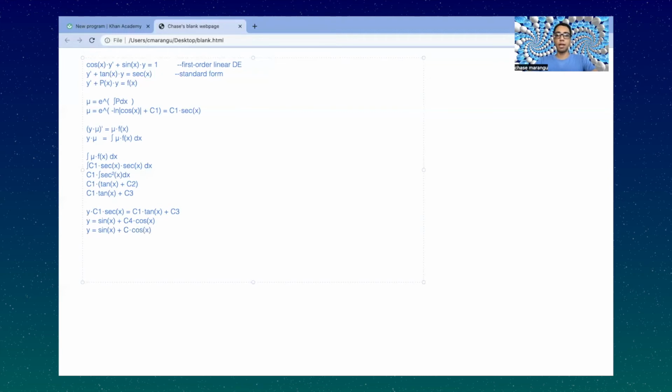Now, somebody might ask you what's the largest interval over which this solution is valid. And so when we were dividing both sides by secant of x, as it turns out, you can't always just do that. So secant of x is, if you get a graphing calculator,